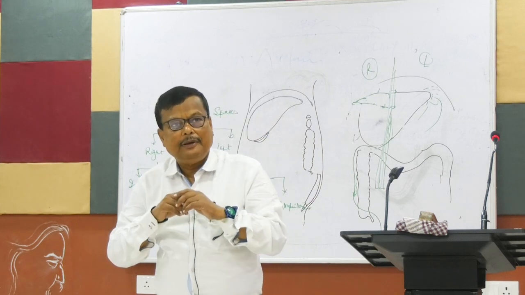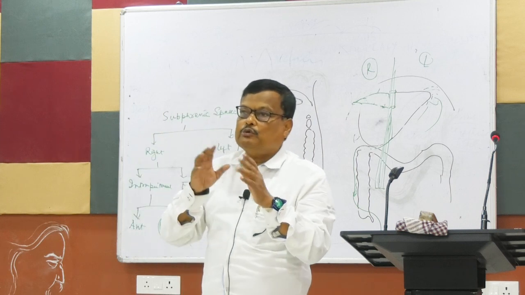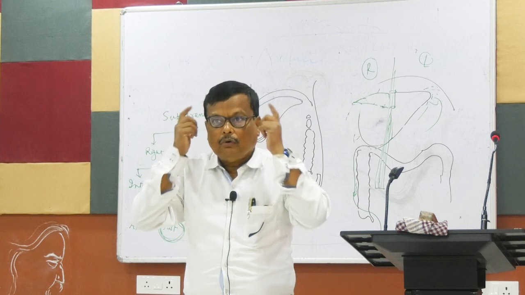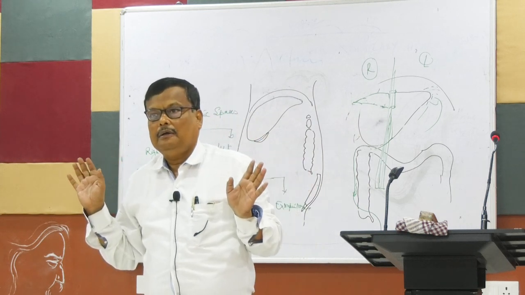rectovesical pouch is the most dependent part, and rectouterine pouch of Douglas. এটা শুধু অ্যানাটমির জন্য পড়ে রাখবে না, এটা একদম মাথার মধ্যে গেঁথে নাও, সারা জীবন যেন মনে থাকে।